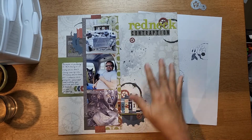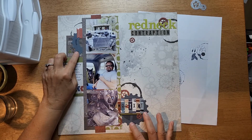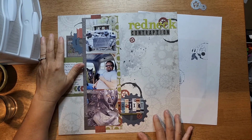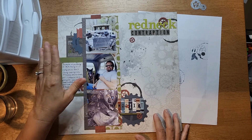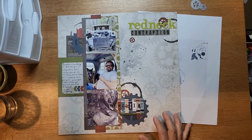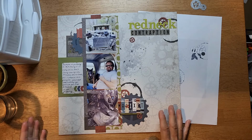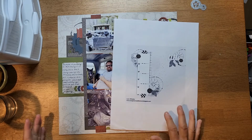And put them, you know, in random places. And these blue gears were actually on a piece of background paper, and I fussy cut a couple of them out. And then here's just some little embellishment with some wording on it, and I covered most of it up because it was like an admission ticket or something, but I wanted the gray in there. Added a couple of stickers here,